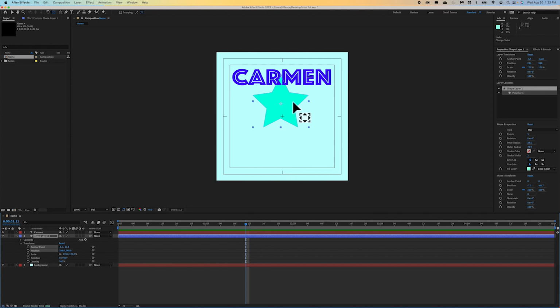Anyways, I want the star to rotate 3 times over 5 seconds. So the very first thing that I need to do is make sure that my scrubbing tool is at the beginning of the timeline, and I had it stuck over here on 12 frames. So we're going to hover over that and click and drag it to the beginning of the timeline. I'm going to toggle on rotation,